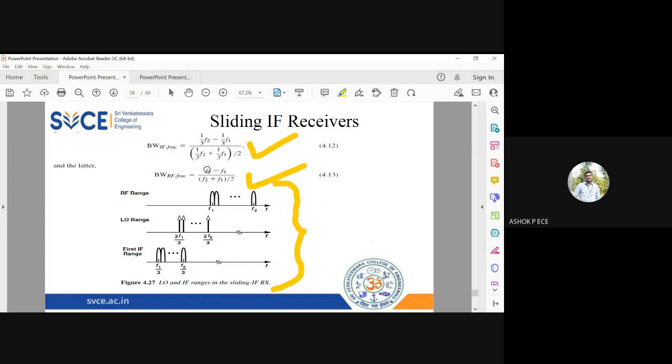RF, it is simple: F2 minus F1 divided by (F2 plus F1) by 2. And for IF, F1 will be replaced by 1 by 3 F1, because my down conversion frequency is 1/3 of the input frequency. So essentially you see the bandwidth of both are going to be the same, because the frequencies are fractions of